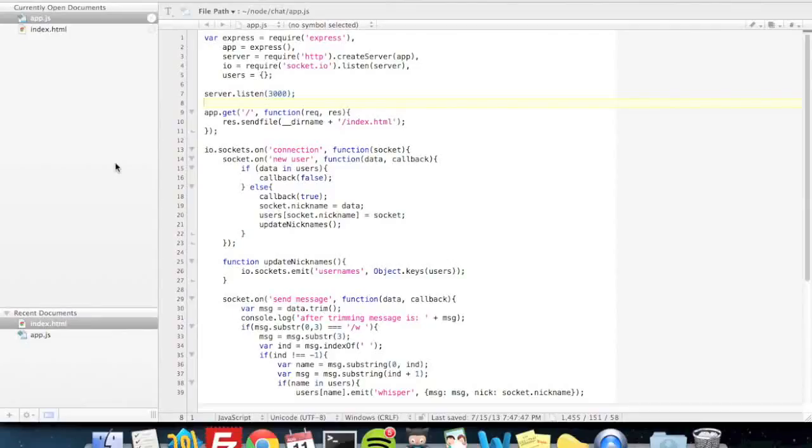Hi everyone! Sorry it's been so long since the last time I made a video, but anyway, in this video I'm going to integrate MongoDB into our chat application so that we can start saving the messages that the users send into a database and that we can retrieve the messages when we want to, like when a new user